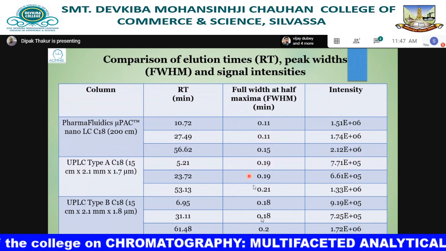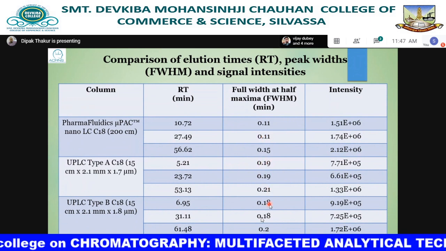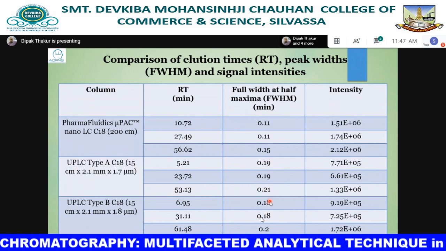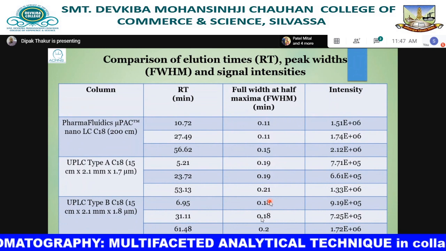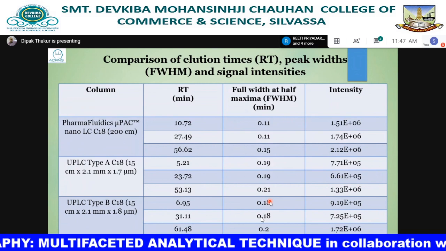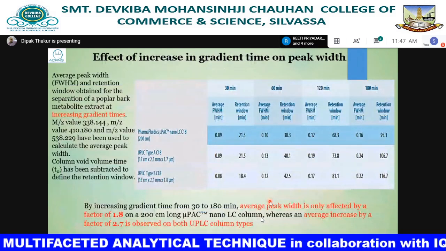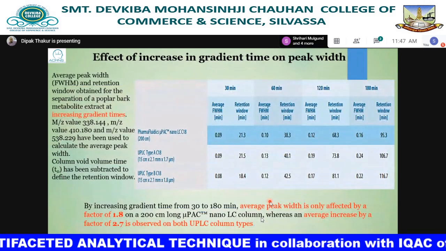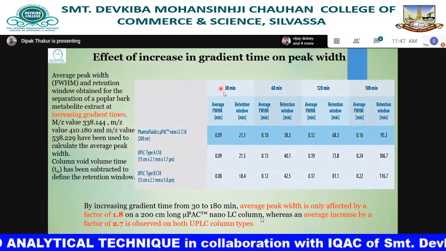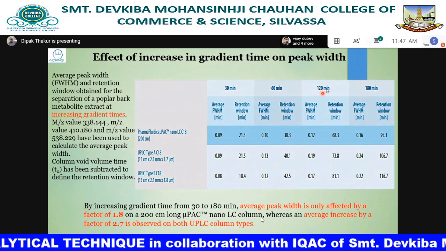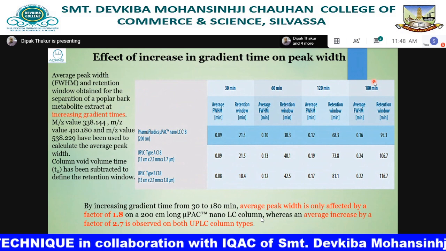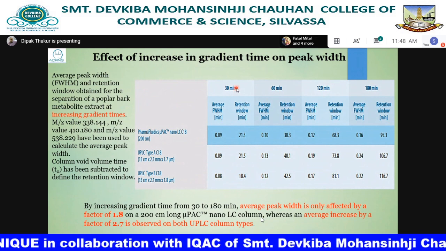See, in case of state of art column, it is still double of this. So the peak capacity, we saw the formula, which depends upon the width, will be half for these columns, which are packed columns. Now, here what we are looking at is the effect of increase in gradient time. So if you see, the gradient times are increased from 30 minutes to 60 minutes to 120 minutes to 180 minutes, right? And at different run times,